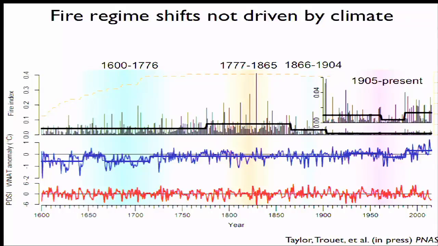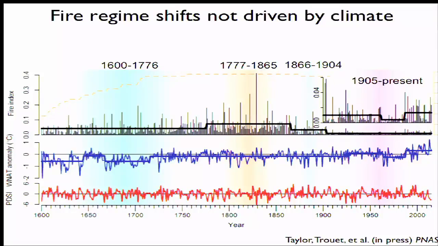First one around 1775, before which, from 1600 to 1775, fires were fairly steady in terms of size and synchronicity. After 1775, you get more synchronous fires and larger fires, and then after 1865, the level of fires go